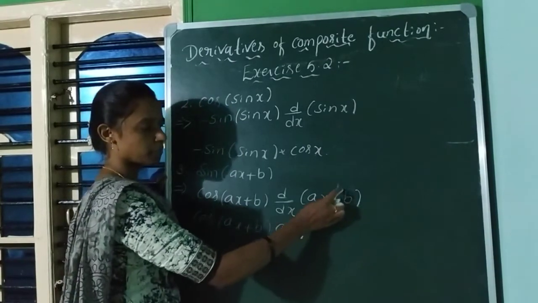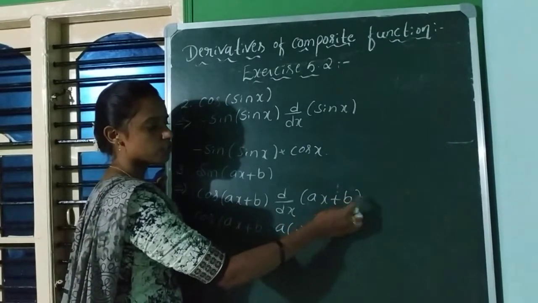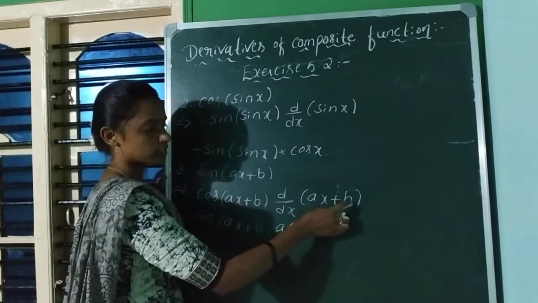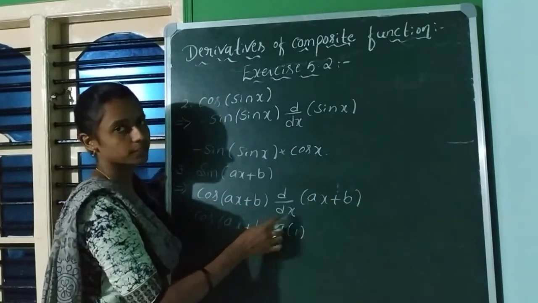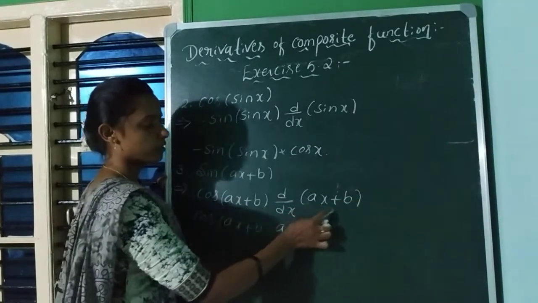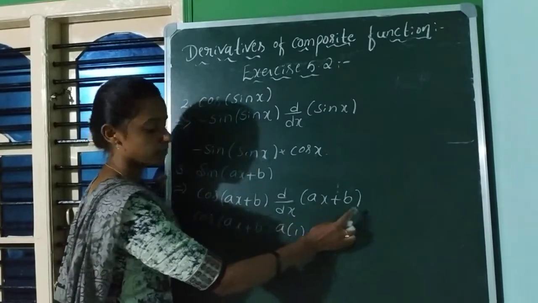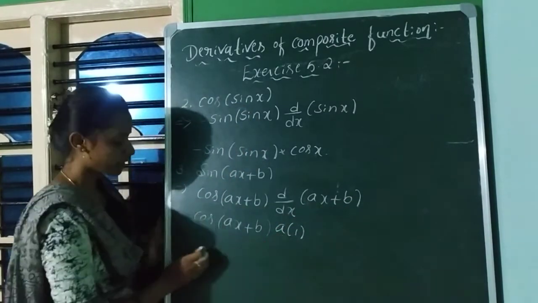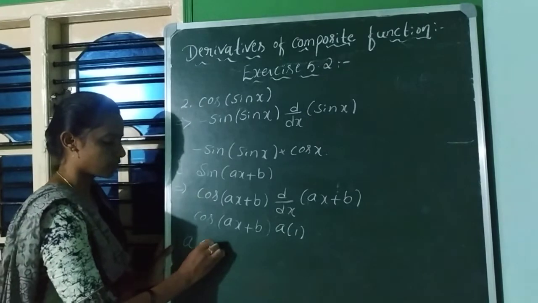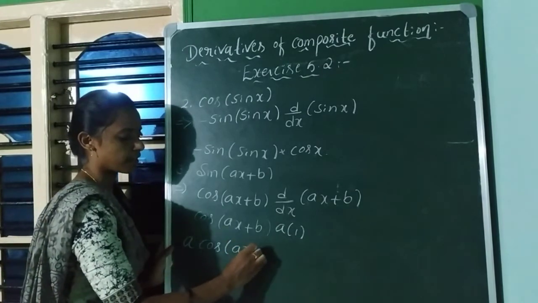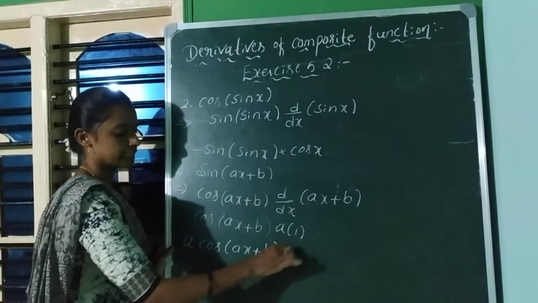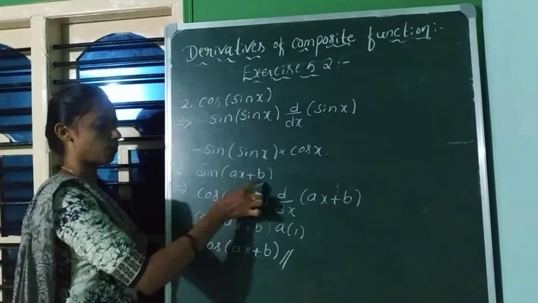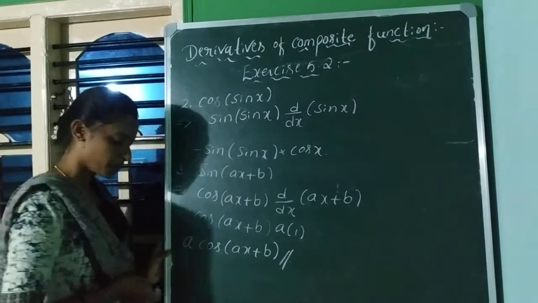Now this b is completely a constant because there is no variable x. Therefore this is a constant. Constant derivative is always 0. Therefore the derivative of this ax plus b is only a. Hence a into cos of ax plus b. This is the derivative of this composite function. Okay, so next,